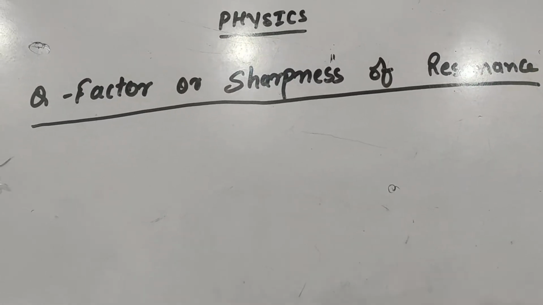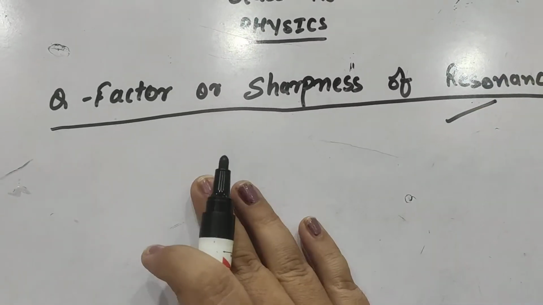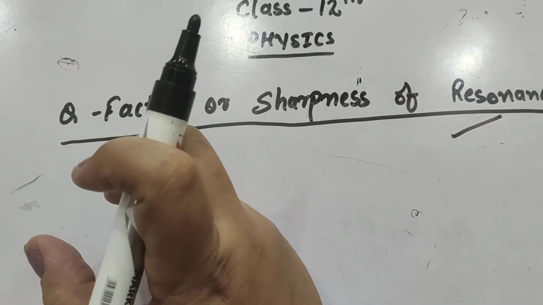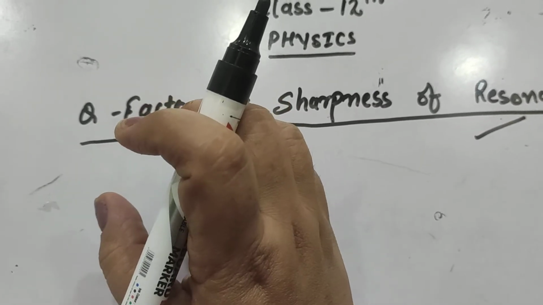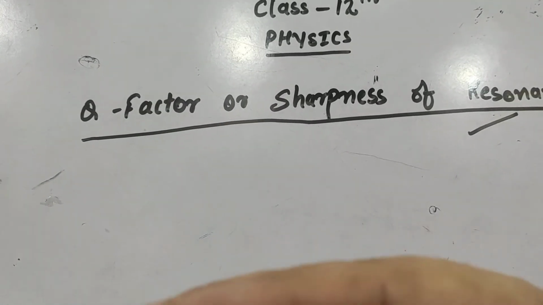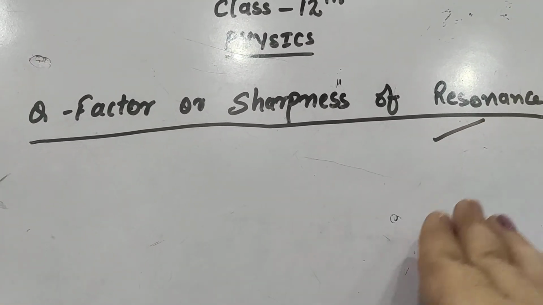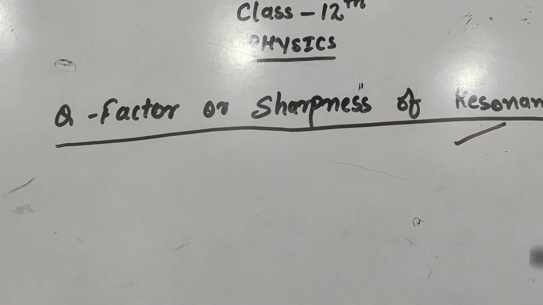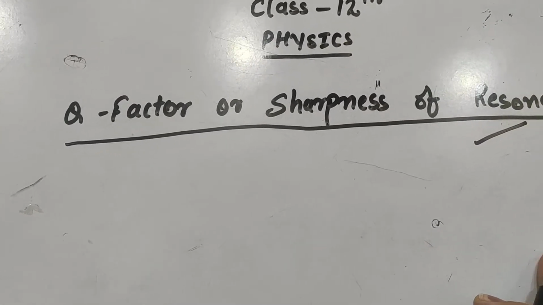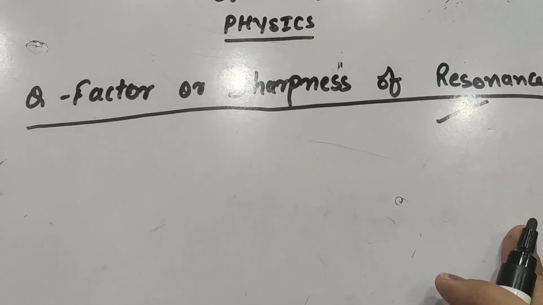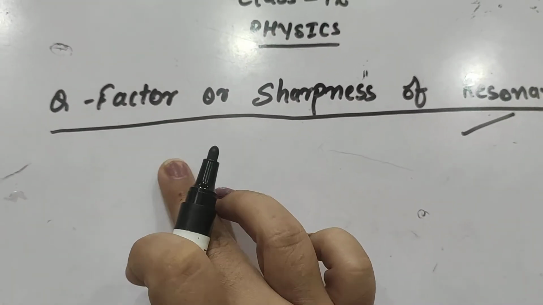Q factor of resonant circuit, or sharpness of resonant circuit. Basically, Q factor means the quality factor of any circuit. It defines how well the circuit is working, and it also represents the sharpness of resonance, meaning how perfectly that circuit works. Okay, so if we have a graph between the current and the frequency for a series resonance circuit,